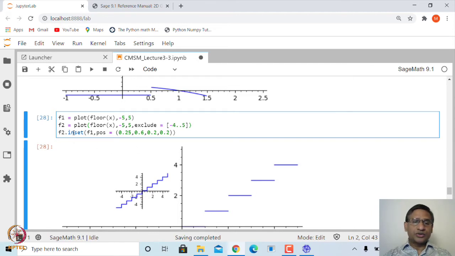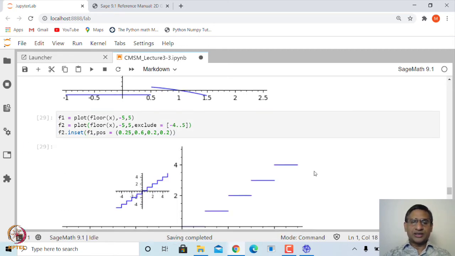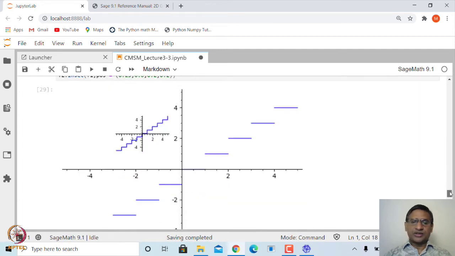And then what you need to do in f2, you are inserting f1, the graph of f1, and you need to mention the position. This position will be in terms of a scaling factor, in terms of x axis, y axis, and height and width. Okay. So, if I plot this in this main plot, that is this step function, it is inserting another step function graph.